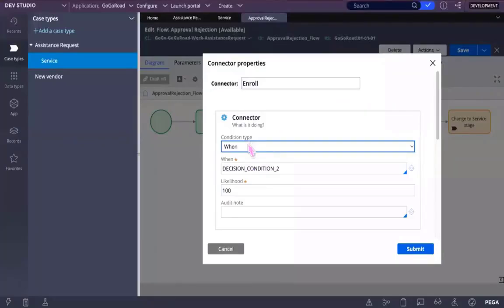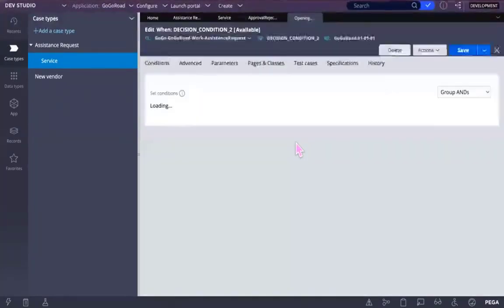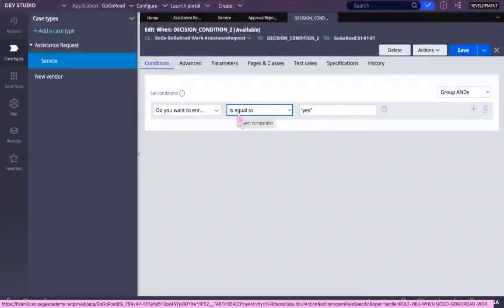When the condition is there, you can click on the crosshair icon. It will open the when condition. See here, if the user is selecting yes, it will follow this path. OK. Suppose, do you want to enroll,